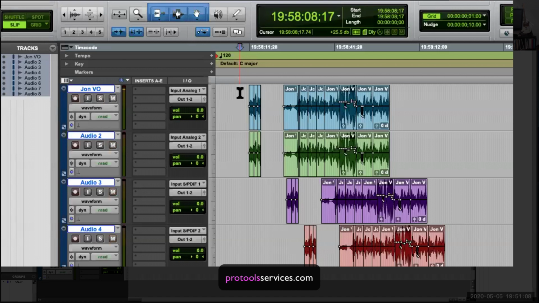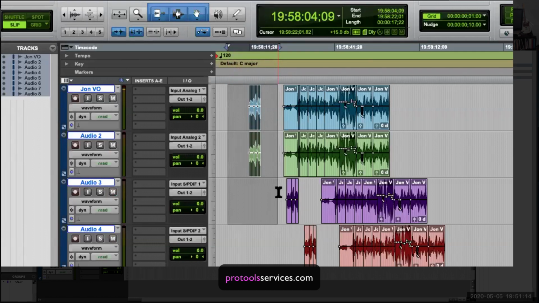If you want to solo two or more tracks, make sure your cursor sits on as many tracks as you want to solo, Shift S. Shift M, as in Mary, to mute. Shift R to record enable those tracks. You can basically toggle them on or off. So whatever track or tracks your cursor sits on, in this case, my selection includes the top 3 tracks. Shift S will apply to those 3 tracks to solo, Shift R to record, Shift M to mute.